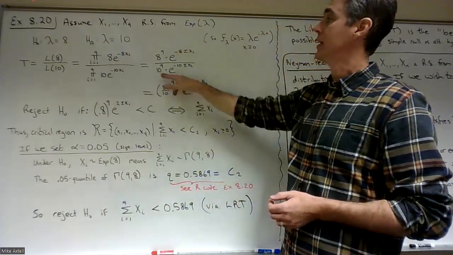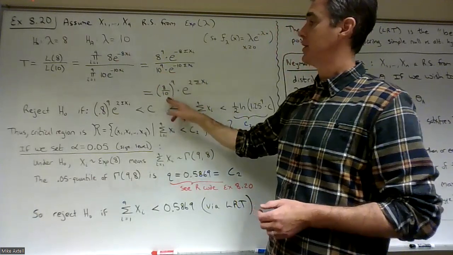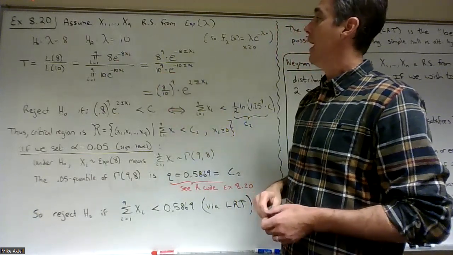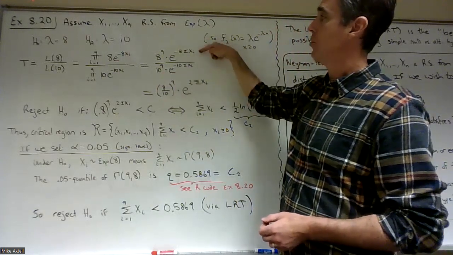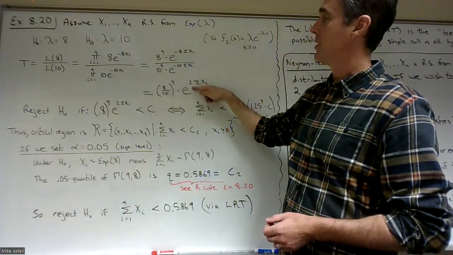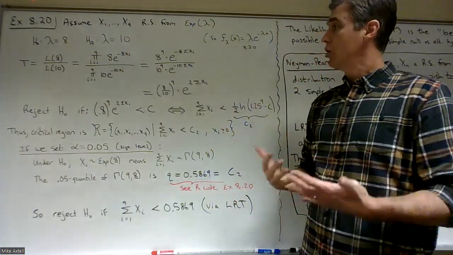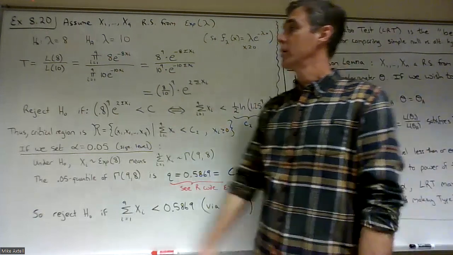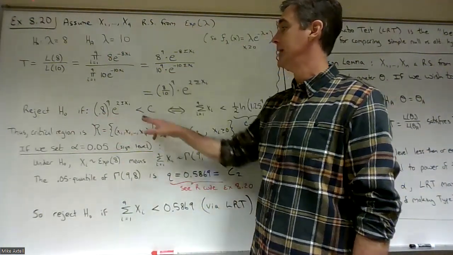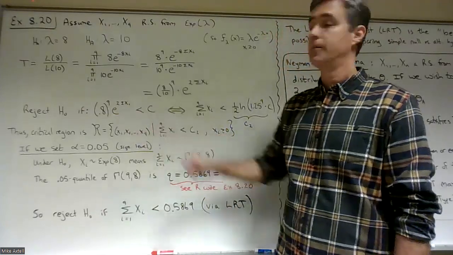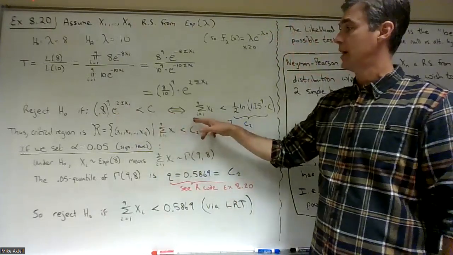Drag the negative 8 out, same story down below. 8 over 9, 10 over 9, simplify it to 0.8 to the 9th. And these two guys, if I subtract the top power minus the bottom power, I get positive 2 copies of the sum of the xi's, right? So the likelihood ratio test says we're going to reject the null hypothesis if that ratio is less than some threshold c. Now, I'm going to solve for the sum of xi's,